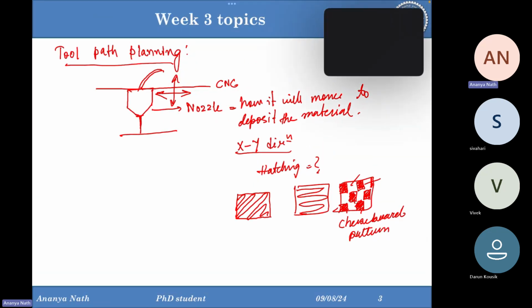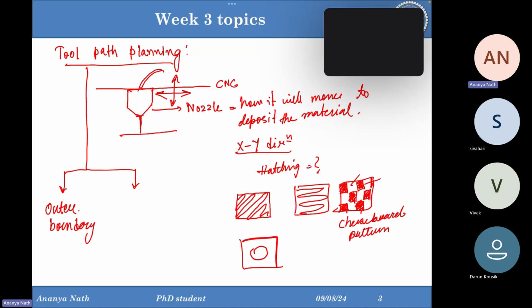Okay, so this path planning is important. Tool path planning can be in three ways. The tool will move to deposit the material in the outer boundary of the object. Then if there is any inner feature, like if this box is having a hole inside, then it will print the material outside the hole, not inside the hole. And again, if this is a perfect circle,